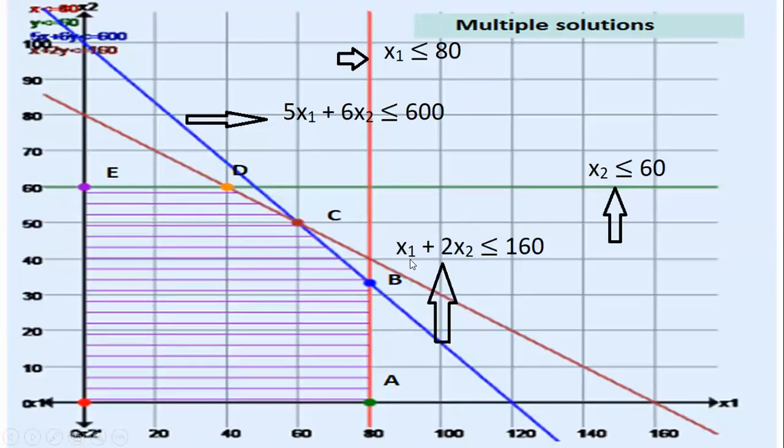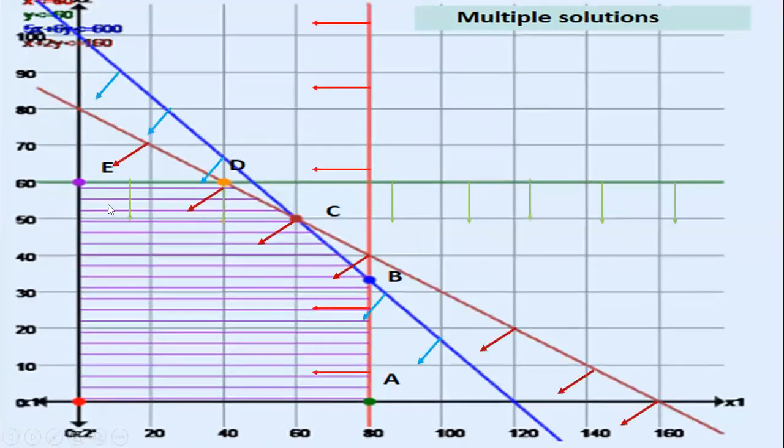Again, the last constraint is x1 plus 2x2 lesser than or equal to 160. This is the brown line representing that equation. So if I take any point below that, I'll take the origin, so x1 as 0, x2 as 0. So 0 lesser than 160. Yes, it is satisfying the condition. So my feasible region should be below this line. So whatever I have drawn with the purple line, the origin, A, B, C, D and E represent my